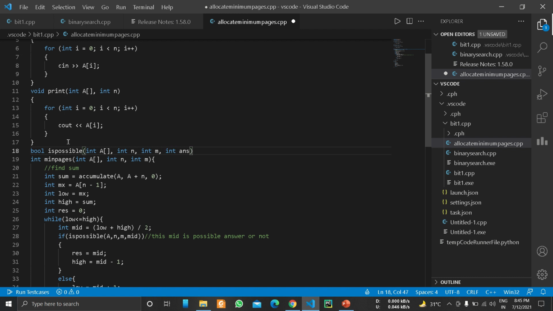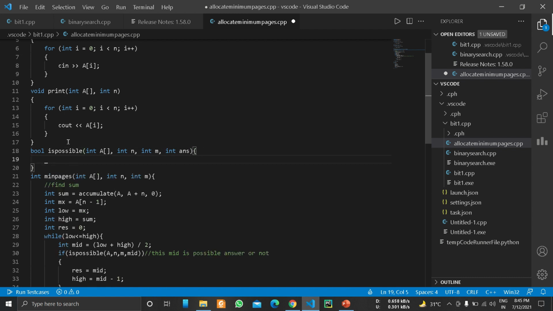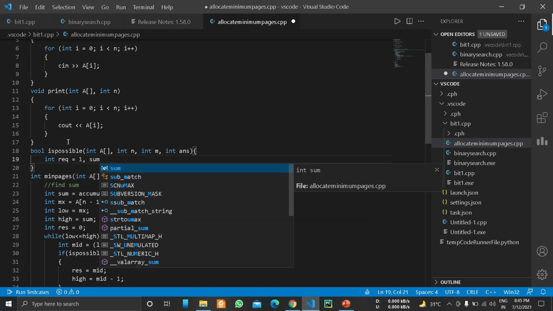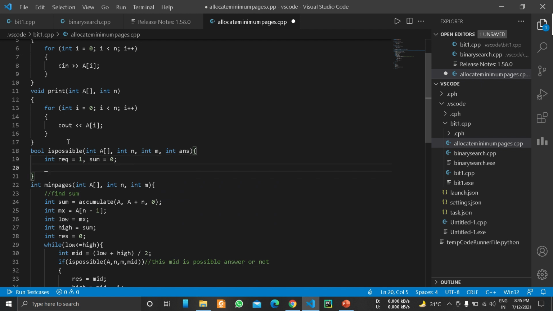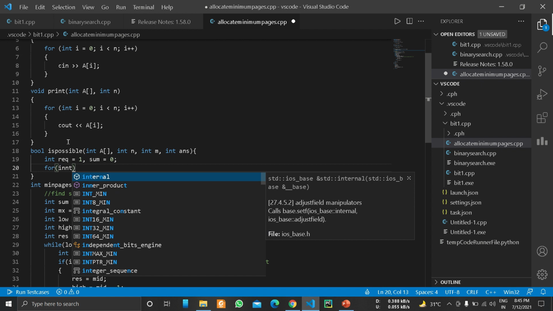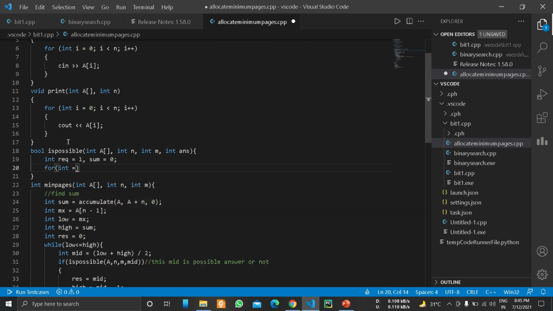Then we have to check, let the number of students required to read the pages be 1. Initially there is only one student, and the sum of the pages we let 0. Then for traversing all the pages, int i equals to 0, i less than n, i plus plus.